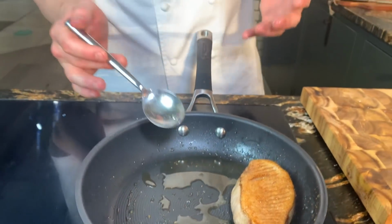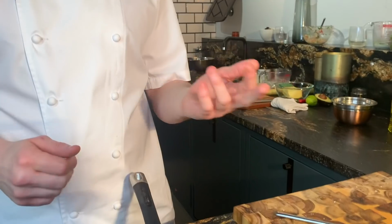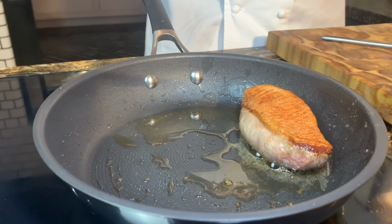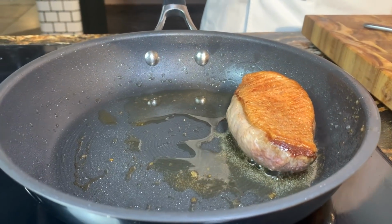Something else you can do when it comes out of the pan, if you would like, is you can brush honey on it. You can put some spices on there. So Sichuan pepper's good, normal pepper, fennel seeds, coriander seeds, lavender. You could brush that on your skin if you wanted to give it a little bit more